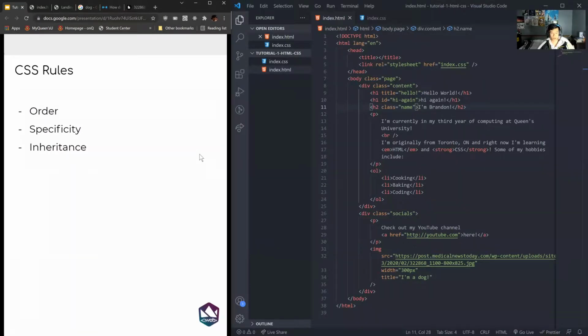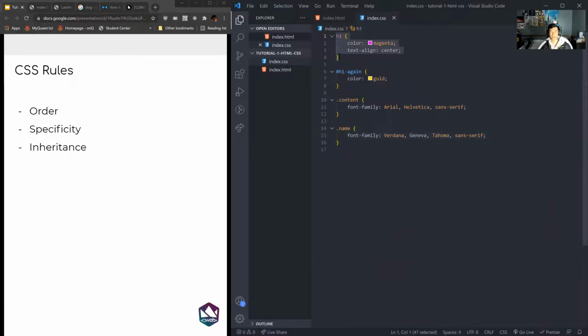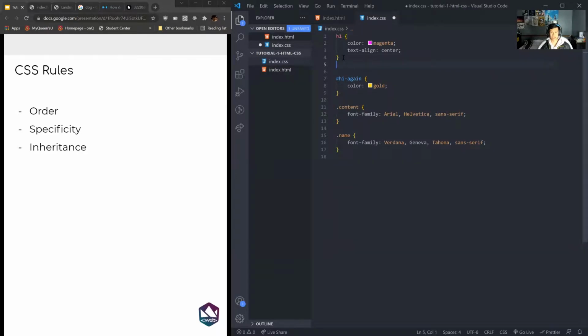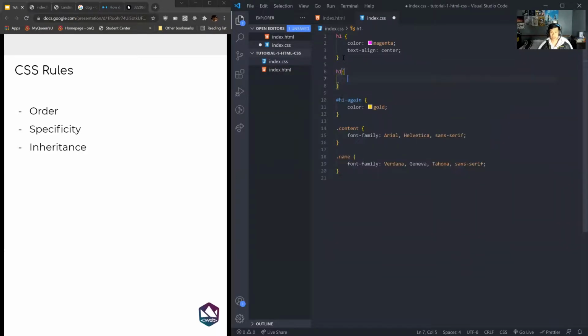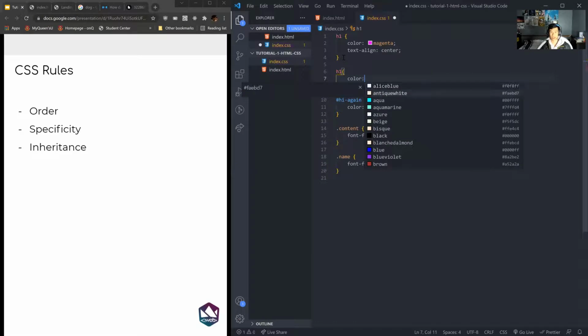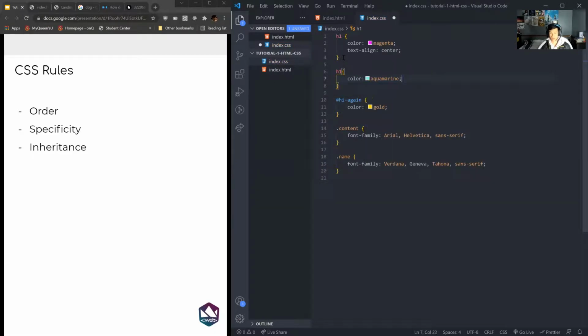So now we're going to talk a little bit about CSS rules. I should have changed the name of this part because I don't want you guys to confuse it. This is like a CSS rule, but these are like rules as in like laws, for lack of a better term, about how CSS applies. So the first one is order. You might be wondering, okay, we have an H1 rule here. What if I add another one and say, color is like aquamarine or something like that? What's going to happen? In CSS, the most recently defined